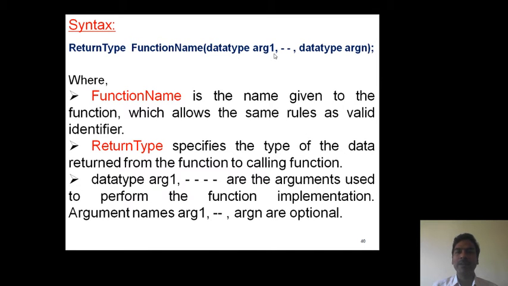Data type argument 1, comma, and so on, data type argument n, are the various arguments used for function implementation. In a function prototype, the names of the arguments are optional. You can directly place the data types separated by commas.